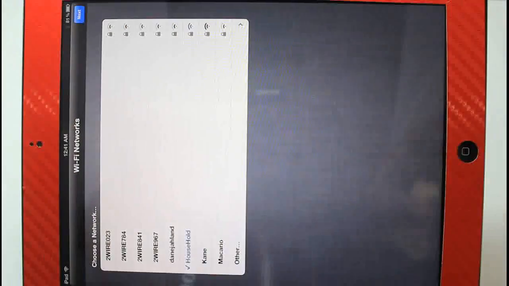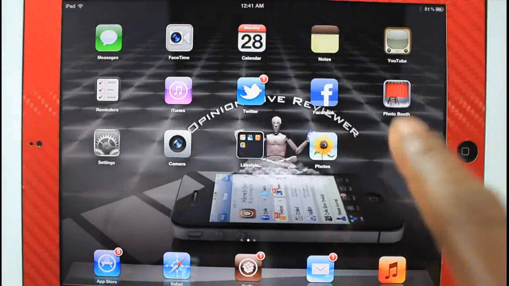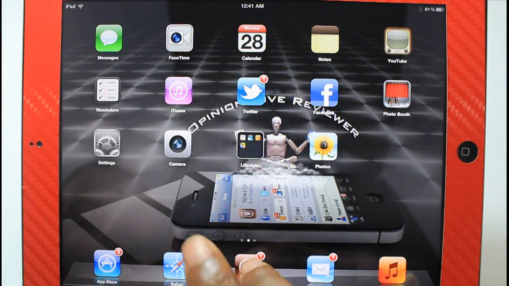So now my device has rebooted. It's going to come up to this screen. It did the same thing when I was on my iPhone. You just go through that screen. You see like use Siri, you click next, and then you just click start using your iPad, or start using your iPhone, whatever device you're using. But we're not finished yet. We're going to go back into Cydia,